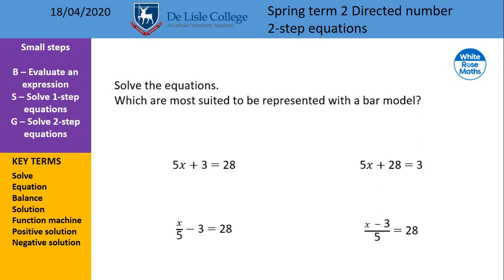Okay, bottom right one, you have to be very, very careful with the symbols on what it is showing there exactly. This time it's x minus 3, all of that is divided by 5, and that's equal to 28. So in this case, because it's x minus 3, all divided by 5, we would deal with that division by 5 first. So first step would be to multiply both sides by 5. So x minus 3 equals 28 times 5,